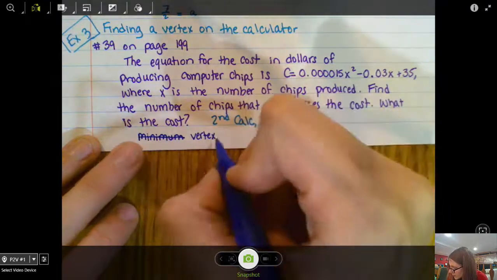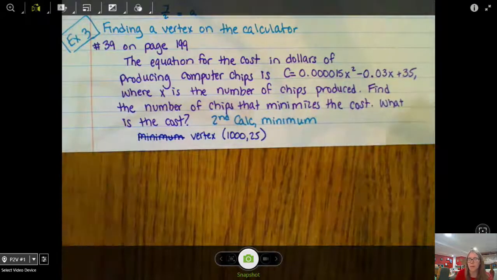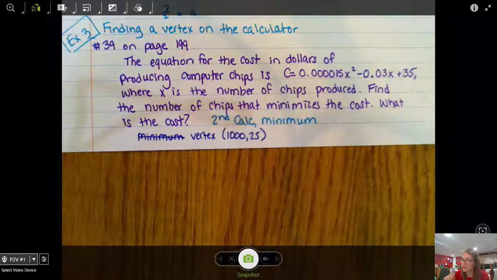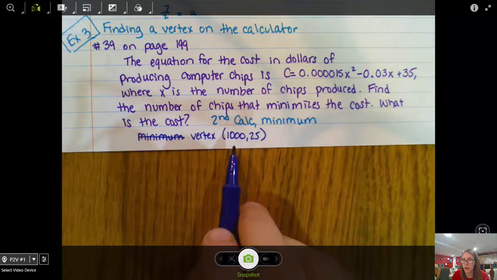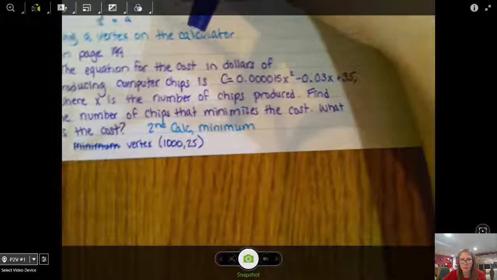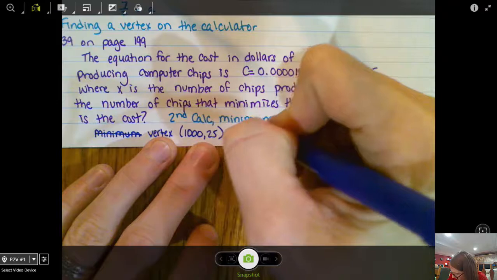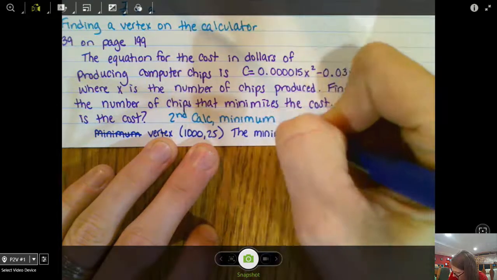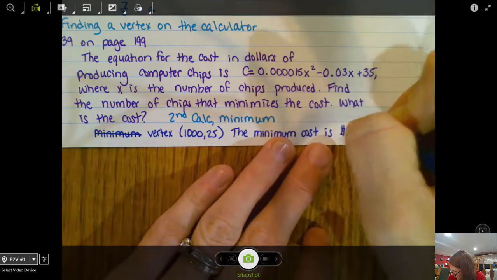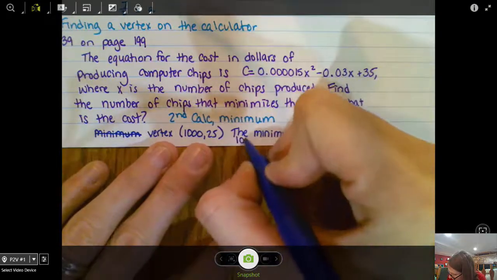And I should just say my vertex is 1,000, 25. And as far as the number of chips that minimizes the cost, what is the cost? Well, my x value tells me the number of chips. This is my cost. So I'll write that out in words. The minimum cost is $25 when 1,000 chips